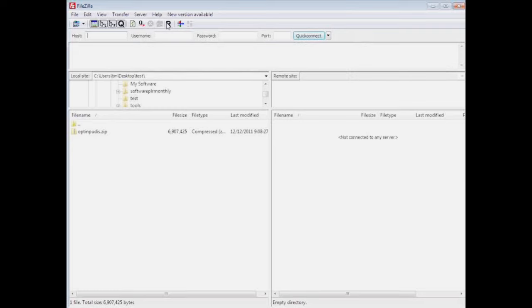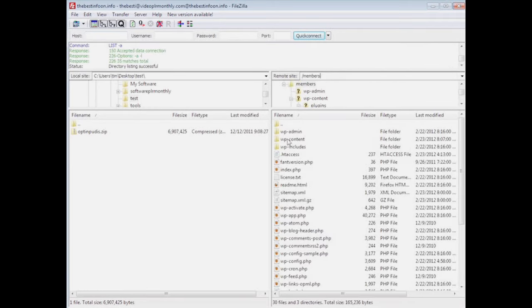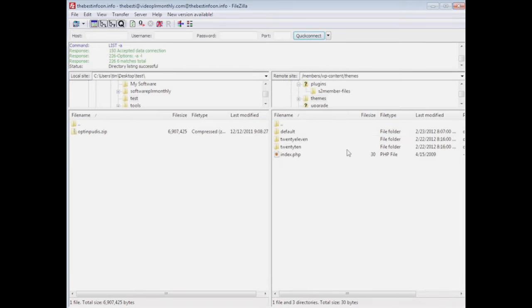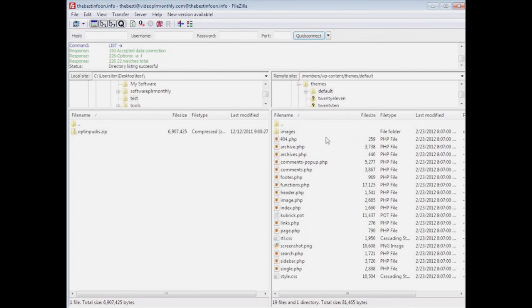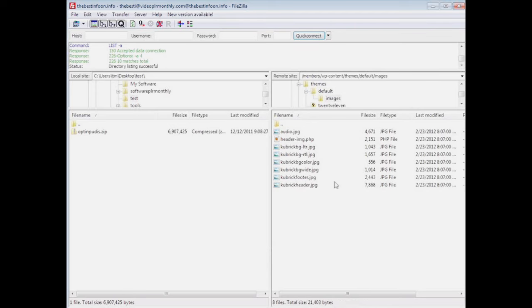If we go to an FTP program I have called FileZilla, you can download FileZilla. It's free. And then all you do is you go to where your site is, and then go to WP Content, Themes, and then it's in default, and then in here, images, you'll see Kubrick header. All you have to do is have an image created and then rename it Kubrick header.jpg, and then just upload it and overwrite this one,